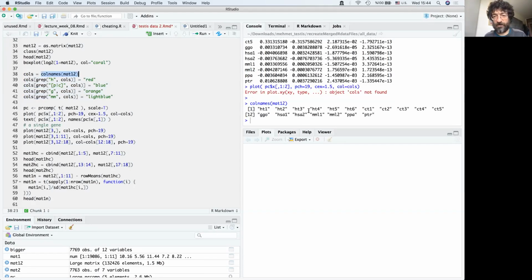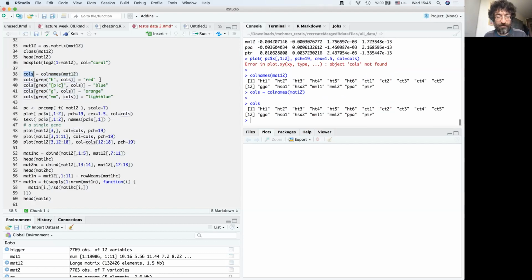I want to convert these species IDs into colors. I grabbed H, which is only found in humans, and replaced that with red. So this was colors first, and then I grabbed H, and then replaced those elements by red.